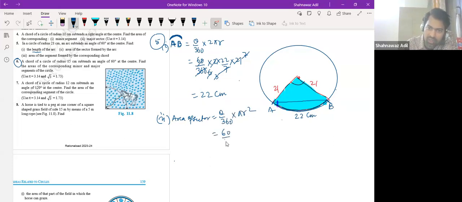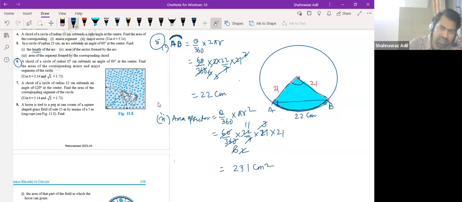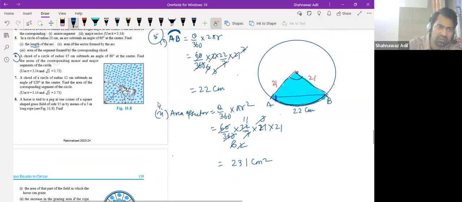So 60 by 360 and pi r square. So this is 6. This is 3. This is 2. This is 11. So this is 11 on the 11. 22. So 21 centimeters. This is the area of sector, and in the last we have to find out the area